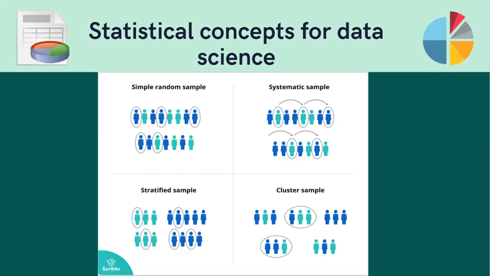And then cluster sampling. People often get confused between cluster sampling and stratified sampling. But in cluster sampling, we create random clusters without any system, without any sequence. We just create clusters so that we can have heterogeneous clusters. So basically, in those clusters, you can have people with the same characteristics by random chance, and you can have people with different characteristics as well. And then we pick those clusters, as you can see in the bottom right.